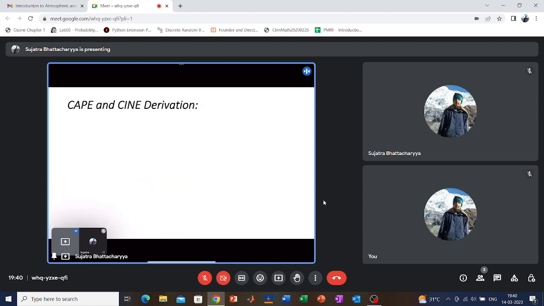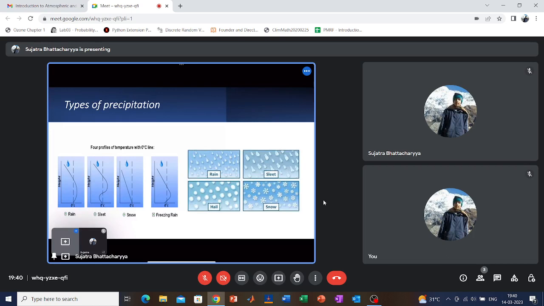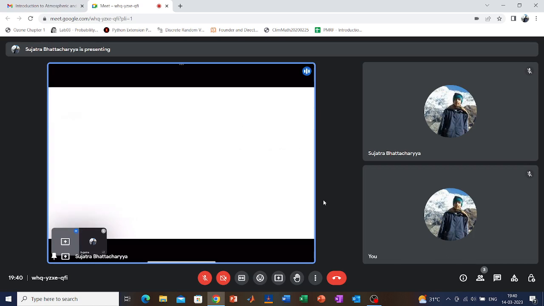The next thing is the CAPE and CINE derivation. We can do it, just a small amount of time is required, and types of precipitation also I can discuss. Now for CAPE and CINE, we have already seen how the cloud formation takes place. See, this